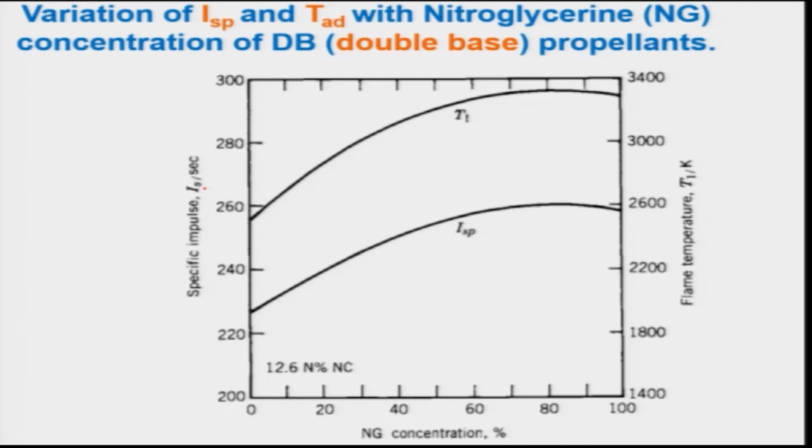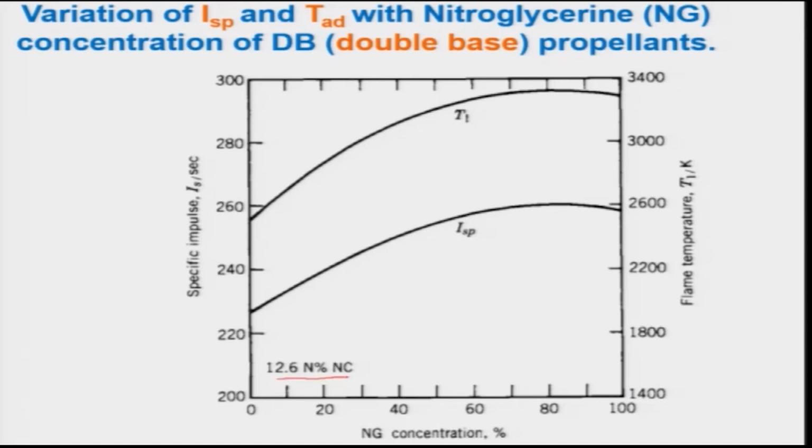The variations of specific impulse and adiabatic temperature are estimated using the equilibrium model. You can see the specific impulse shown on the vertical axis, and in the horizontal axis the nitroglycerin percentage, and on the right hand side vertical axis the flame temperature is shown. You can see that for 12.6%